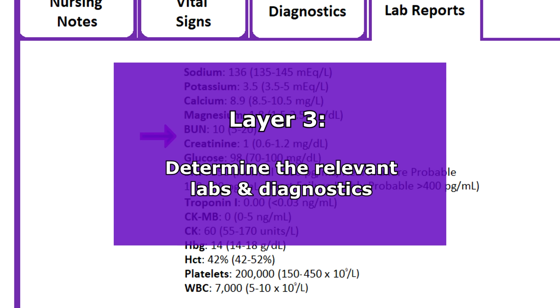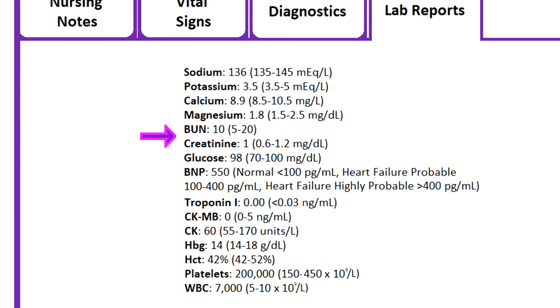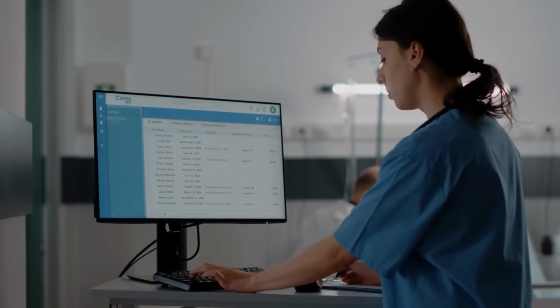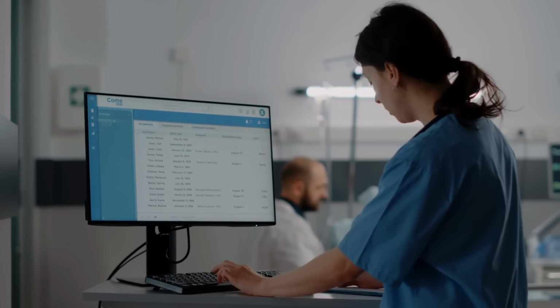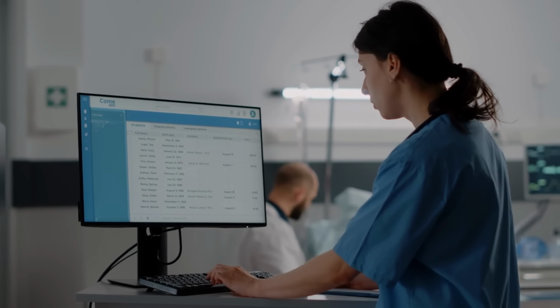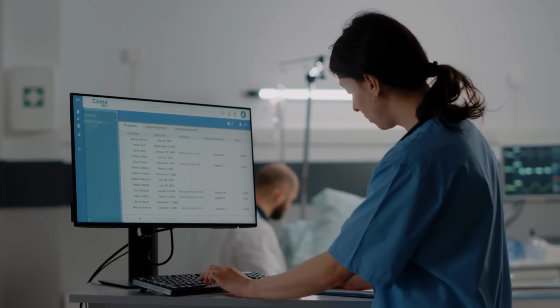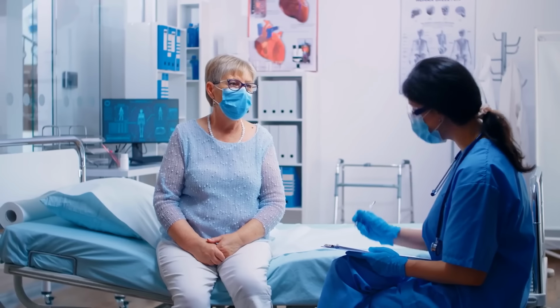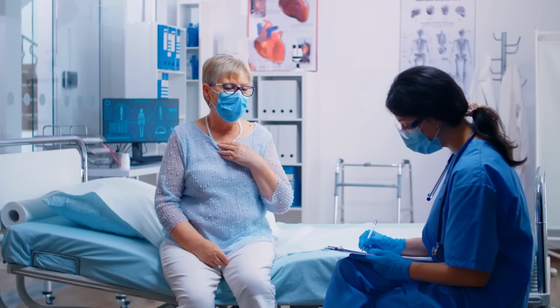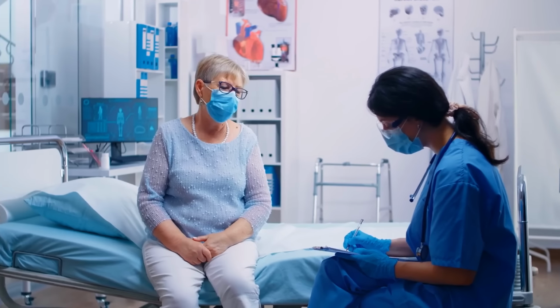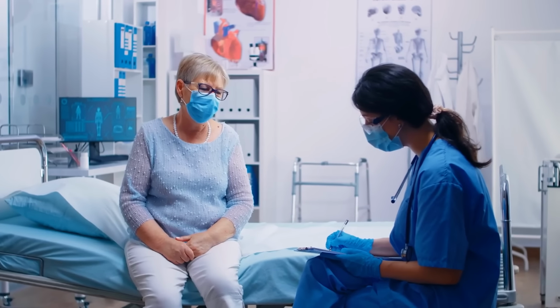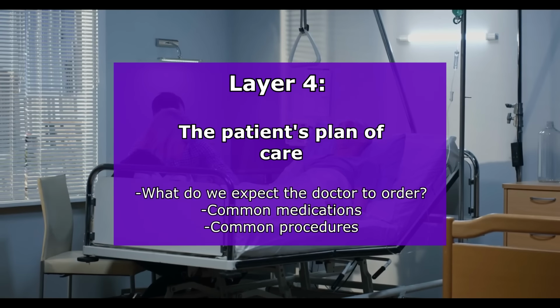Then when we go over to the layer of, okay, what do I need to know for labs and diagnostic reports? Even though as a nurse we don't order these things, they are very important to us, because we need to know what we need to monitor for, what should be expected with that patient. And those abnormal signs and symptoms that you just learned about are going to go along with those abnormal labs and diagnostic reports. Then that layer is going to feed into the patient's plan of care, where we want